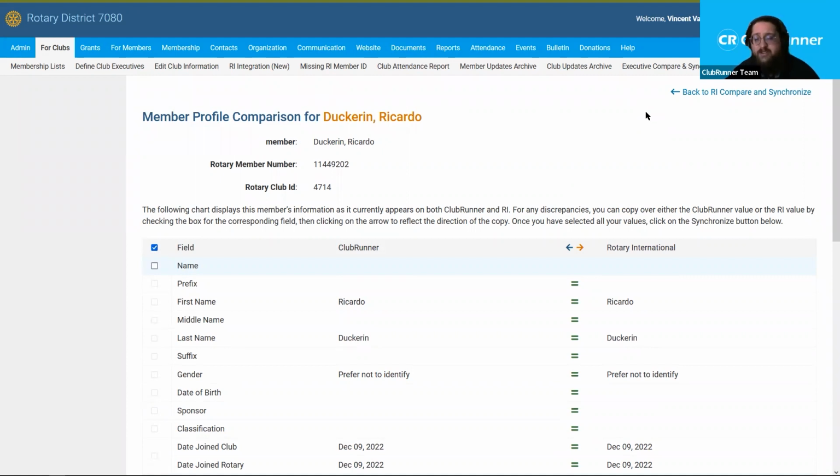So we'll usually recommend that any changes to your membership are performed in ClubRunner first. That way you can enter all the information into ClubRunner, and you will allow the ClubRunner systems to go ahead and perform those changes in Rotary's databases as well. So that way everything is matching up. If you make a change in Rotary systems, it won't automatically be pulled over into